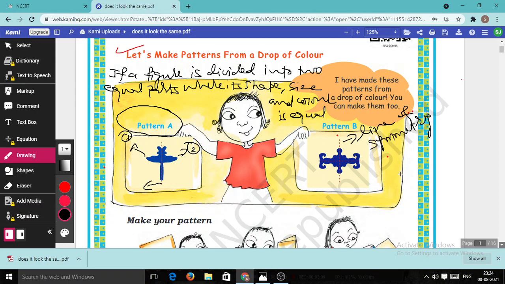Again I repeat it. If a line divides the figure into two equal parts, then it is called the line of symmetry. Here are the two lines of symmetry. Here is one line of symmetry. Always remember that. The definition is very easy to understand, which gives you the concept in a very broad way.